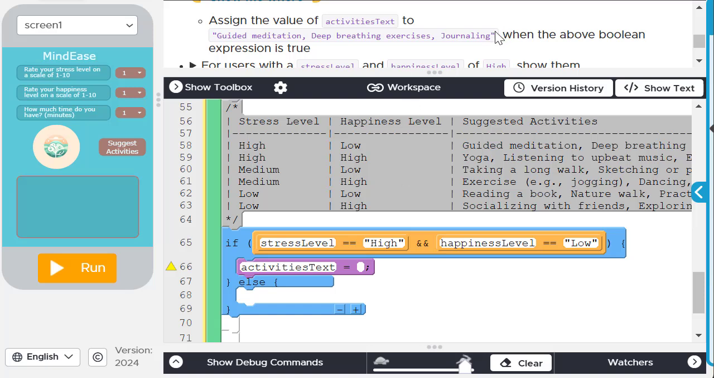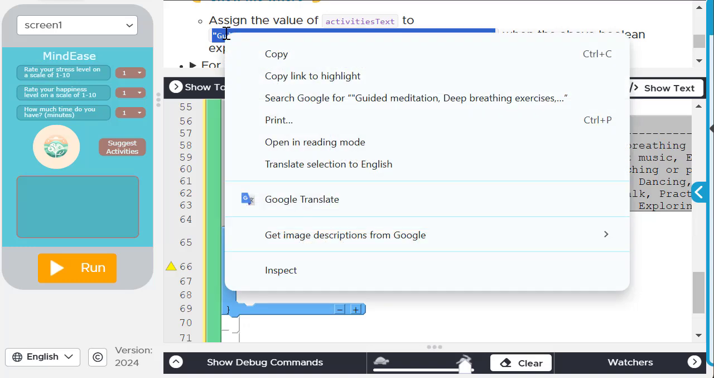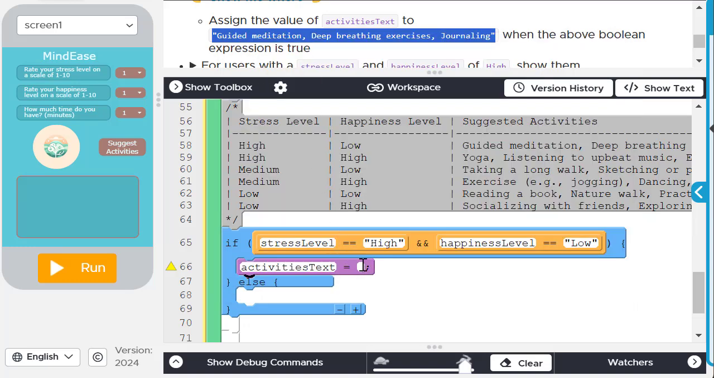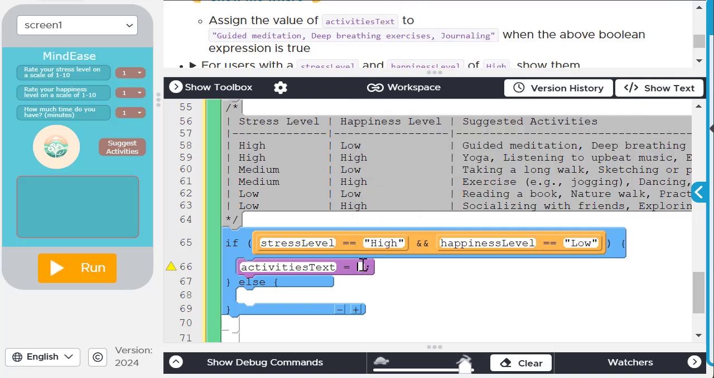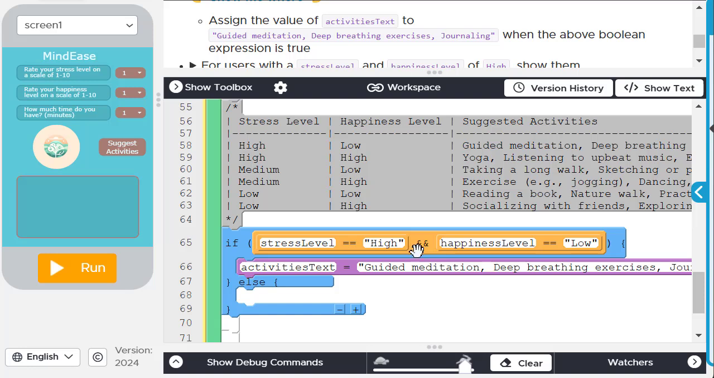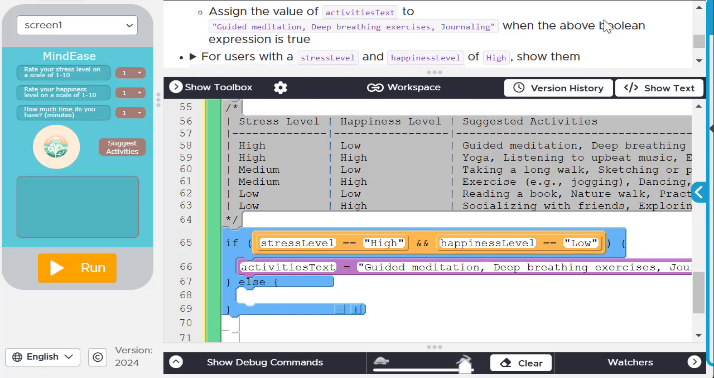Let me try one more time. So if I right-click, copy, Control-C, click here, right-click. Yeah, it's not giving me the paste option. It's still Control-V, so I'm pasting it in there. Okay, let's look at